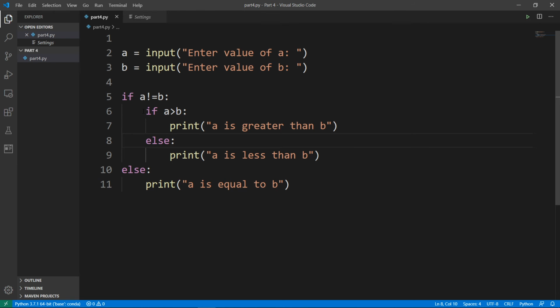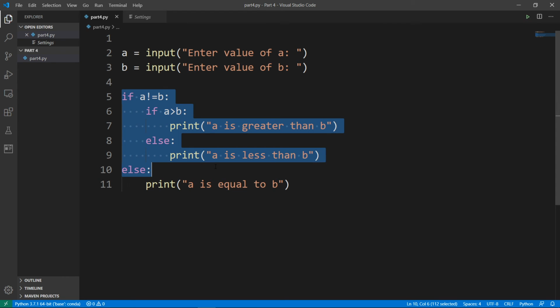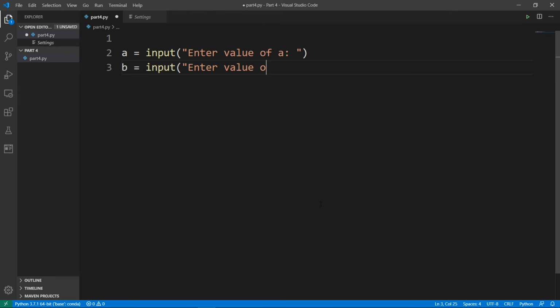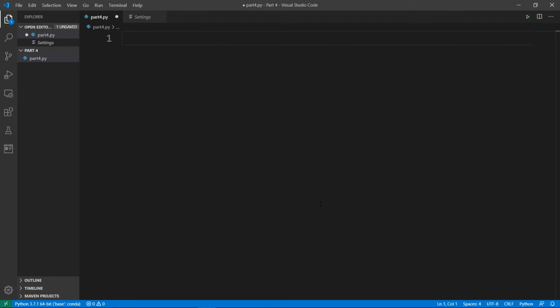So nested if else and if elif else. Now you know about that. Let's make a simple program that takes the input from the user, and while it calculates, it shows you the result, whether the voter is eligible to vote or not. I mean, the citizen, right? Let's say the voting margin is 18. If your age is greater than 18, then you are eligible to vote. And if your age is not greater than or equal to 18, you know, let's say